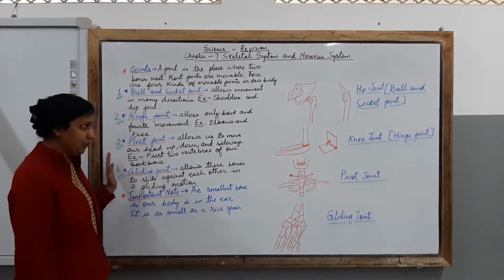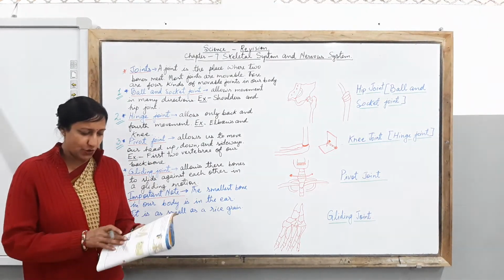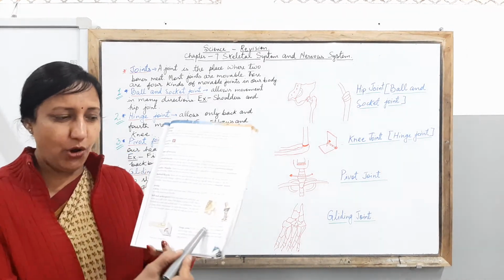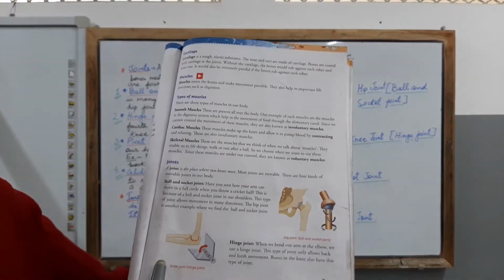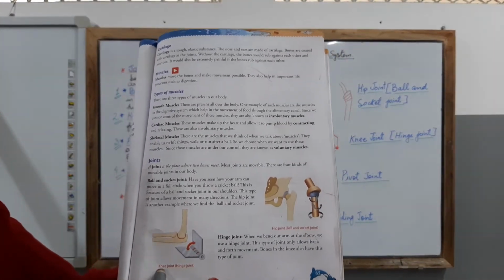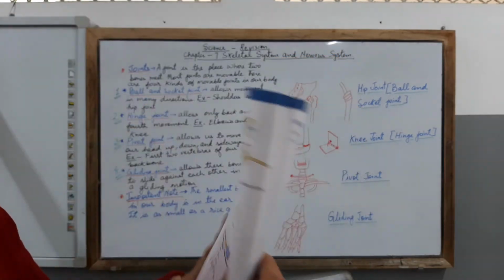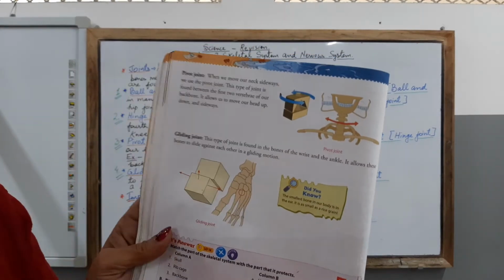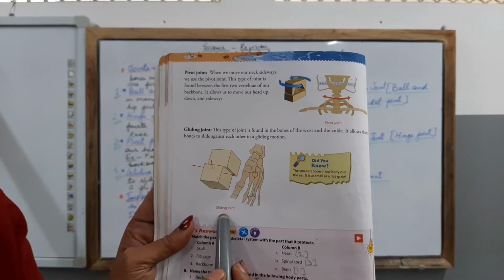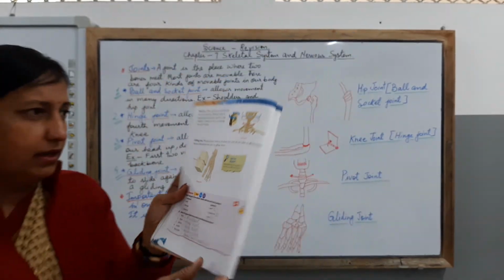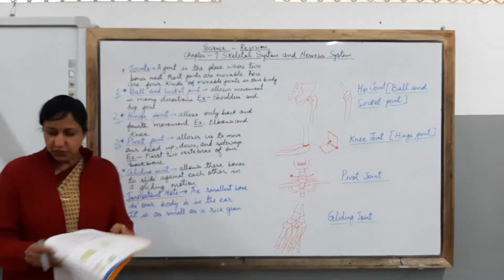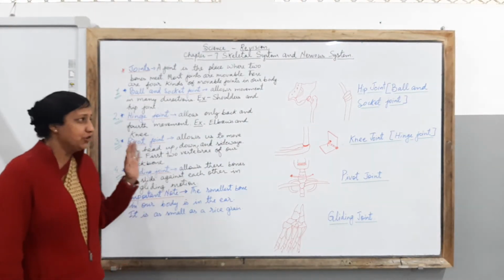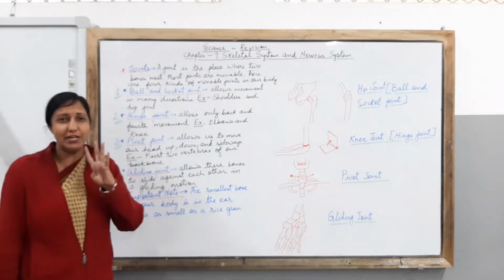So, altogether you have understood the four kinds of joints which we have learned. For you to remember, the first one is the ball and socket joint. Then we have learnt about the hinge joint. Then we have learnt about the pivot joint. Then, children, we have learnt about the last one, that is the gliding joint. I hope with the help of the diagrams drawn on the board, and the pictures in your textbook, you are able to understand the 4 kinds of joints.